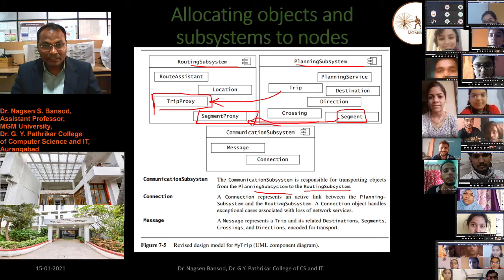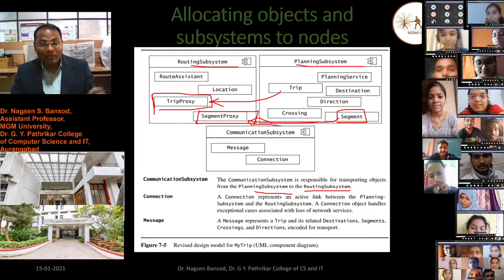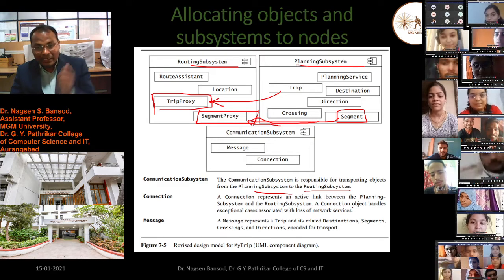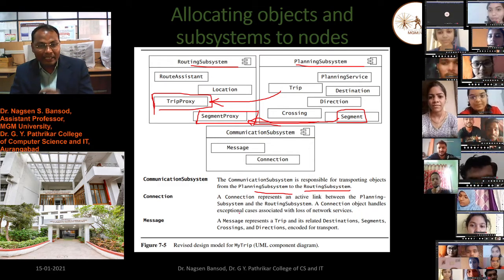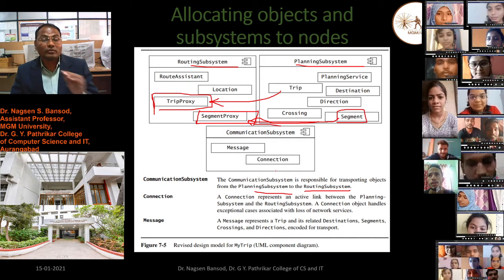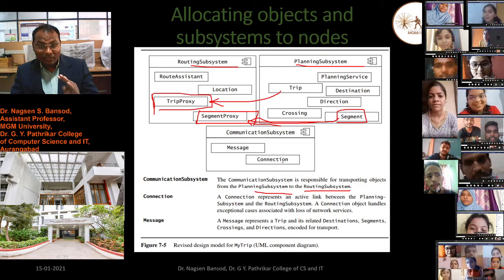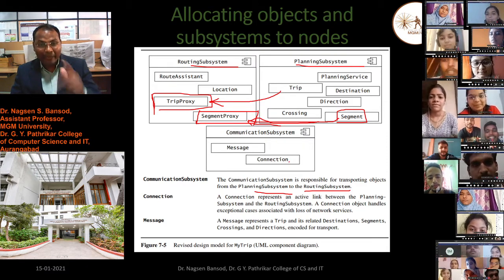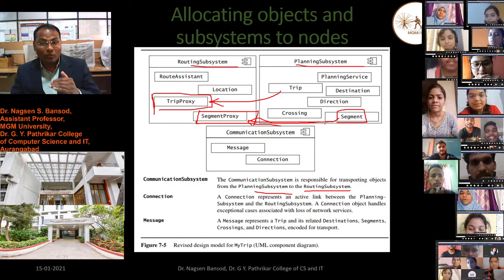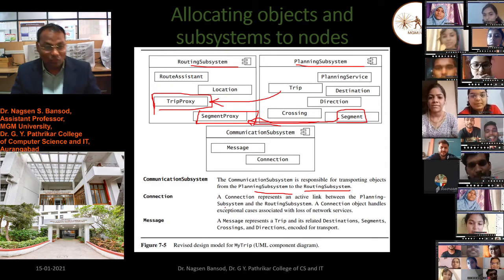Connection: a connection represents an active link between the planning subsystem and the routing subsystem. A connection object handles exceptional cases associated with loss of network services. If there is a loss of connection, then this exception will be handled. Whenever there is a power failure, in that case this will work.